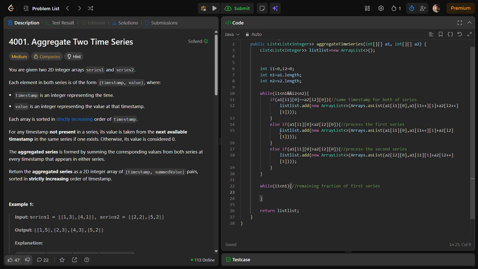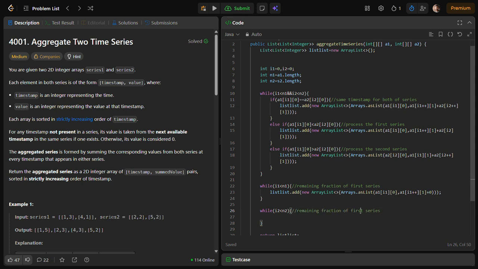Here a similar type of syntax, new array list, a1 of i1, and I can either remove this or for the cleanliness I can say 0, as in the problem statement it was mentioned that the value is considered to be 0. You can ignore this, but it's your choice. Similarly, it might be possible that the second sub-array is also unprocessed at some point of time.